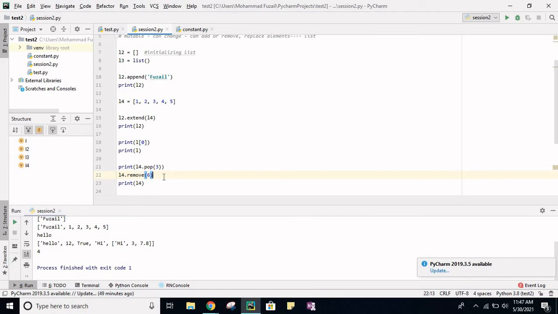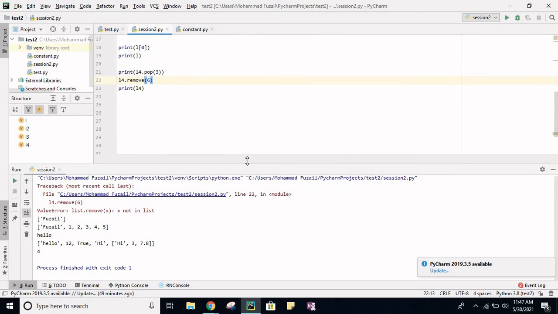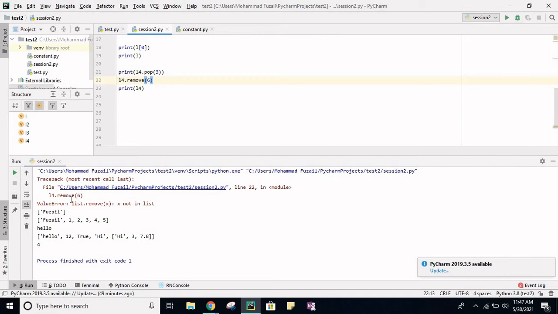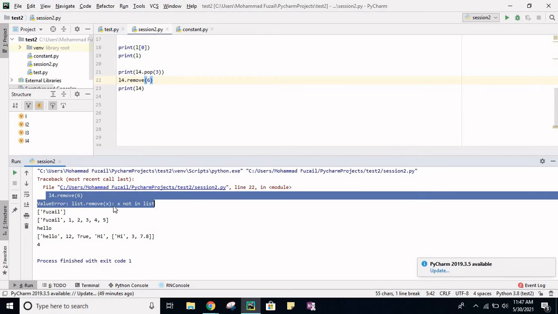L4 dot remove 6. See, list remove x not in list. So x here is basically 6, so x not in list means 6 is not in list.